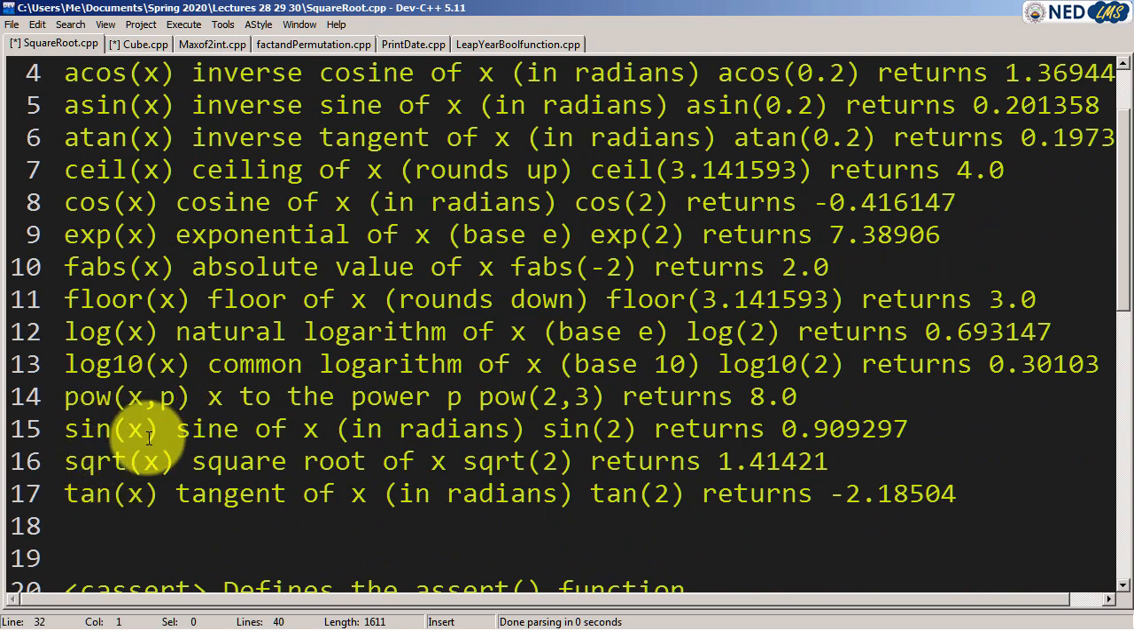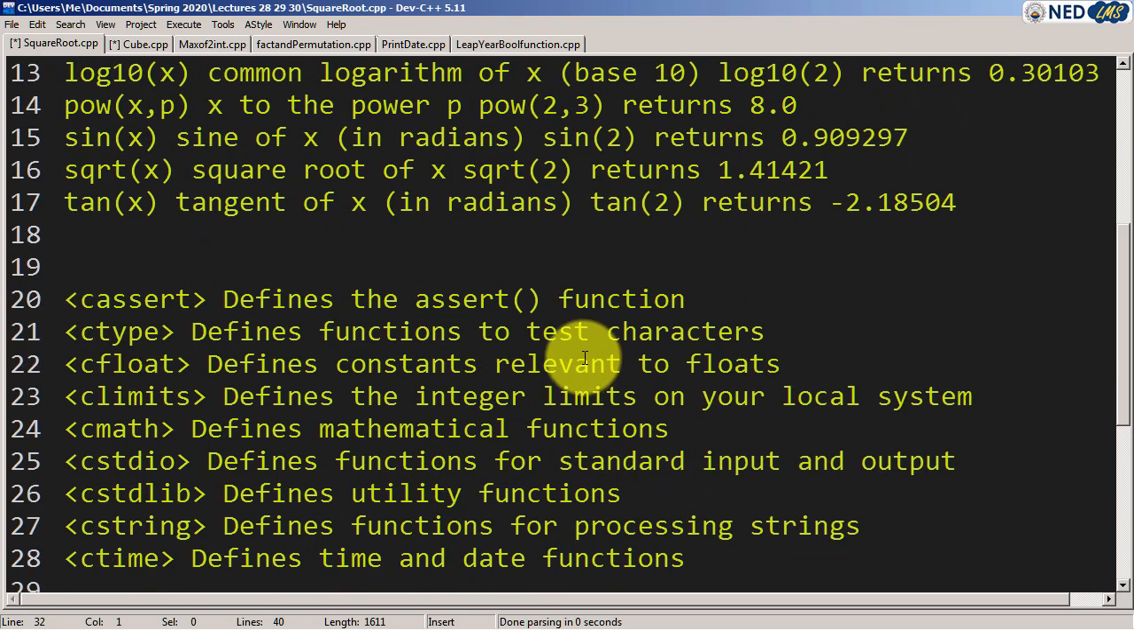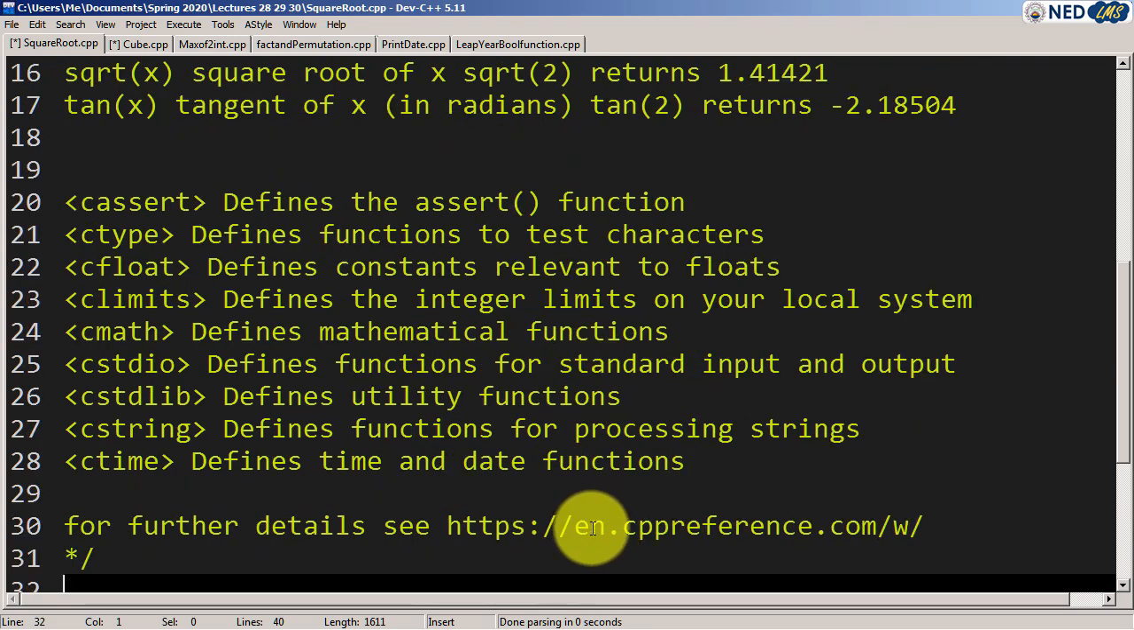And it has cassert, which defines the assert function. It actually says that if this condition is true, then keep on doing some task. If you want to look into the details of these header files, you can go to this website, en.cppreference.com,